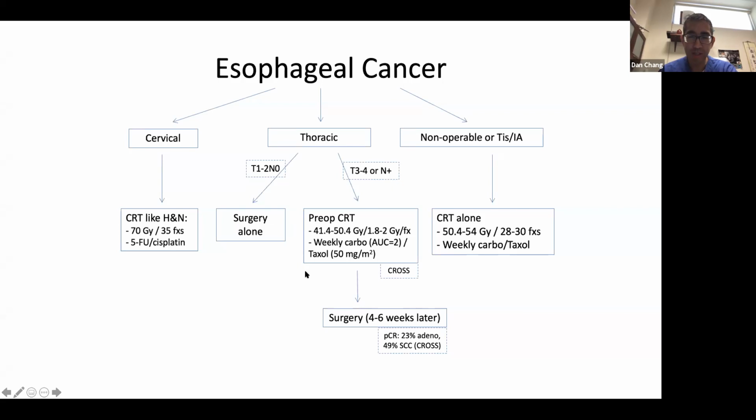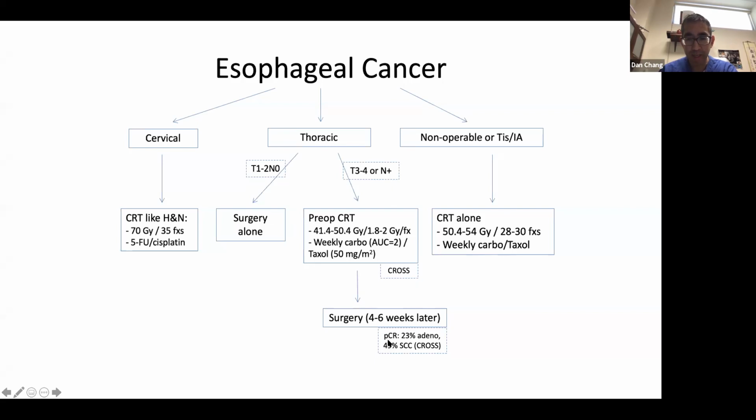There are some nuances to this, just as I mentioned before, that some people think if you have a squamous cell carcinoma, they tend to be more radiosensitive, so you could potentially treat them with chemoradiation alone. And there is some data to support that, but most people would still stick to surgery. If you can do preoperative chemoradiotherapy and then surgery, that would be the standard of care. That's my preference. But the reason why I say that is if you look at the CROSS trial and you